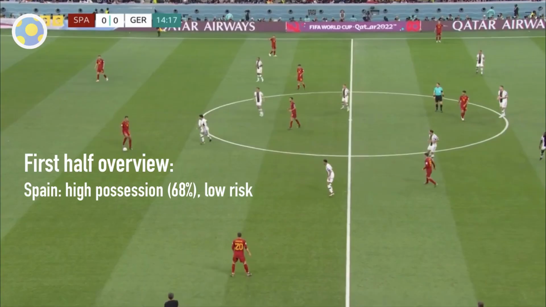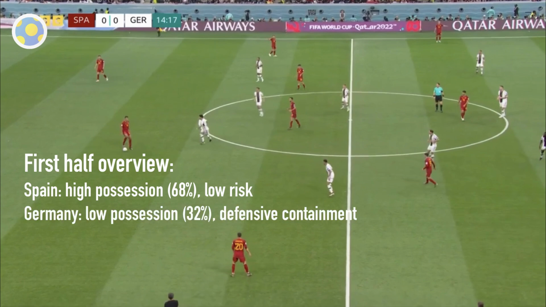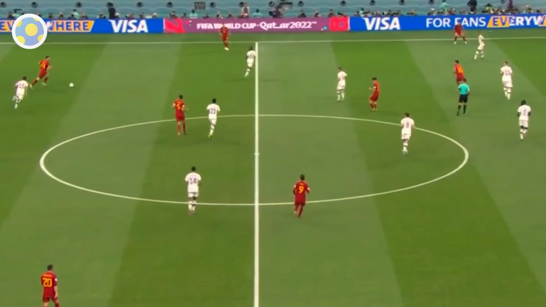Spain were, as usual, committed to high possession, high control, probing for gaps in that compact German mid-block, but not taking any real risks. Meanwhile, Germany struggled to hold onto the ball for very long, but were happy to keep Spain in the first two-thirds of the pitch, leading to high possession stats for the Spanish, but few real chances for either side. So this is where I'm going to veer off and focus on each team individually, starting with